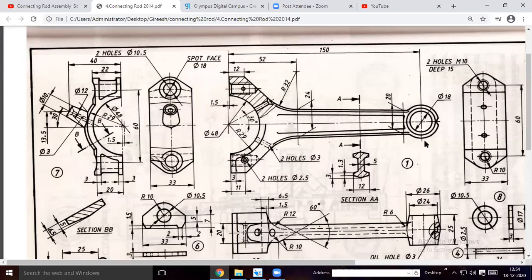From here to here, it is an 18 mm circle hole. That's why I take 9 mm. So this is 25 mm height, so take 12.5 mm. This length will be 3 mm. Take this one: 26 minus 18, it will be 8. So half of the distance will be 4 mm. Join here to here. Then you can mirror.